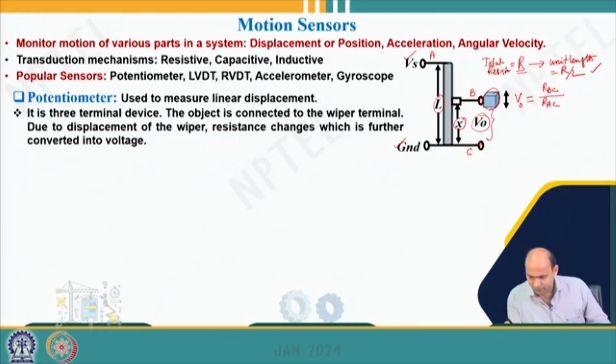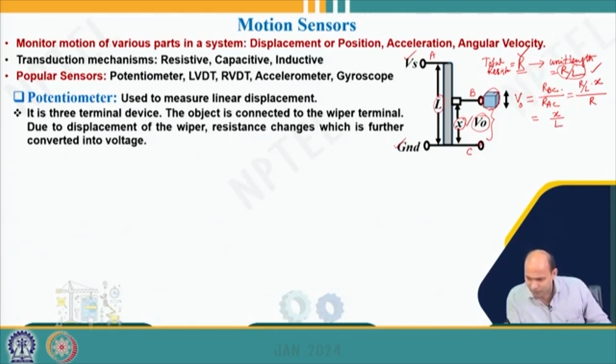That is the total resistance. So what is my RBC? I know that per unit length my resistance is R by L, is not it? So for X displacement, if I assume that displacement is X with respect to this C terminal, then R by L into X, divided by RAC. RAC is the total resistance R, is not it? So essentially V0 I will be getting as simply X by L,